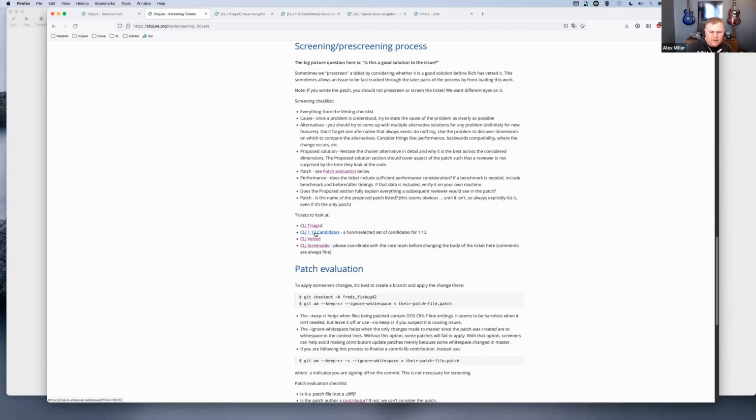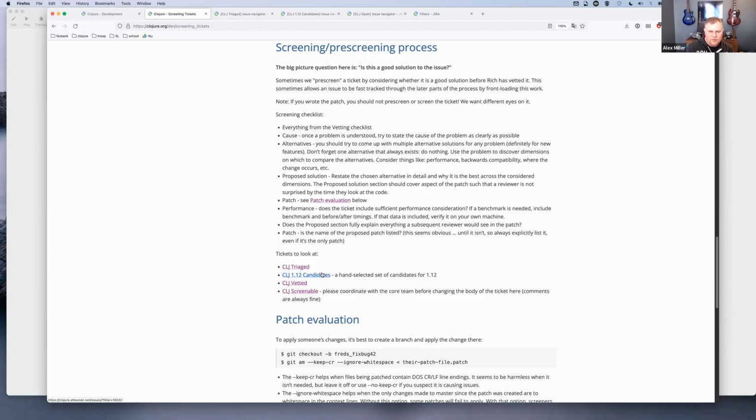Again, anything that's in the 112 candidate list stands a good chance of getting into 112, and that means it's useful to be looking at the solution stuff. Vetted is a set of tickets that Rich has vetted, but many of those are not targeted to any release right now. So there are things that have already been marked as being good problems, and for a variety of reasons, they